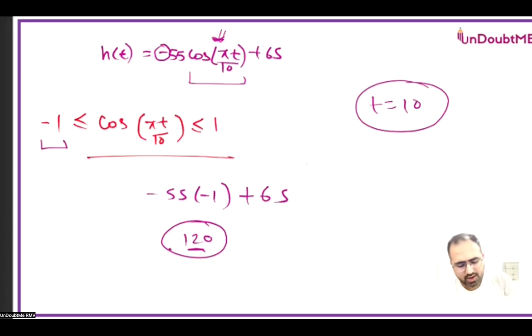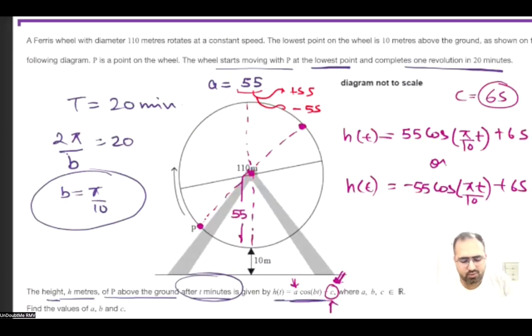So this 120 is coming at which point? What is the maximum height? It's coming at the topmost point. Considering P at that point, it cannot justify that y -55. Let's say even if we go with plus 55,